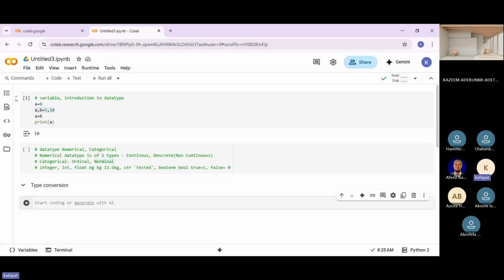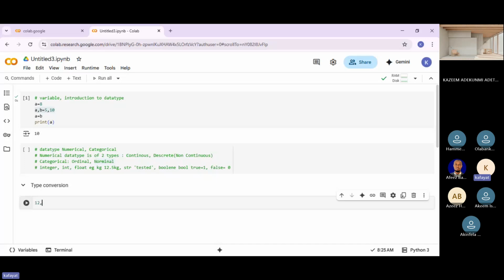First of all, you need to understand the data. Secondly, you need to understand what data type it is, and what data type you are converting it to. For instance, you are given a value as 12.